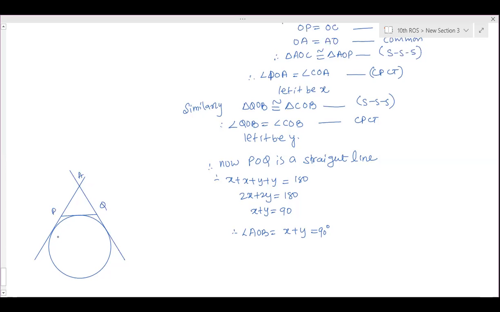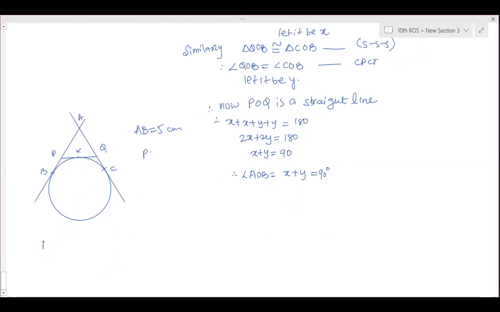APQ BCX. What they have asked? Find the perimeter. AB is given 5. Perimeter you have to calculate. Perimeter of triangle